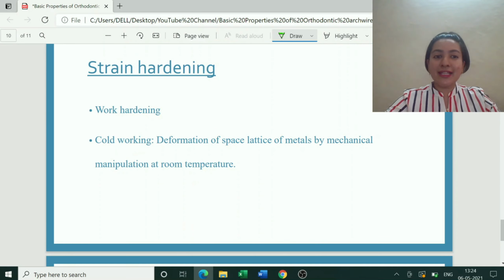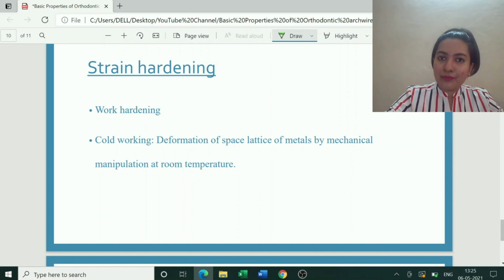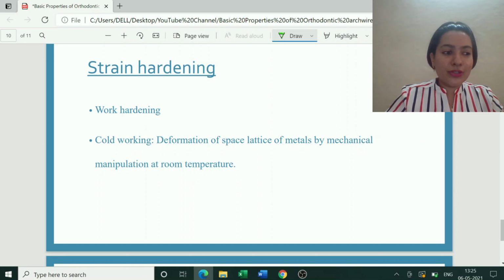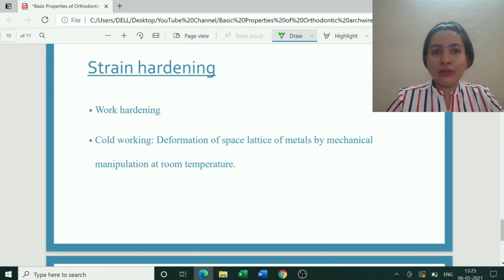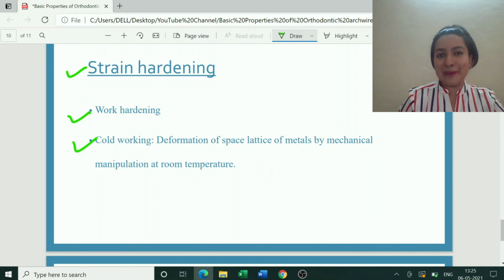Next concept is strain hardening. It is also known as work hardening or cold working. These are all synonymous. They can be used interchangeably. So my question to you people, have you done strain hardening? The answer is yes. We all have done strain hardening. In third and final year, we have been told to bend a wire, make a triangle, make a rectangle, make a round or straighten up a wire, or whatever work has been put up for you. What you are doing is strain hardening, also known as work hardening or cold working.